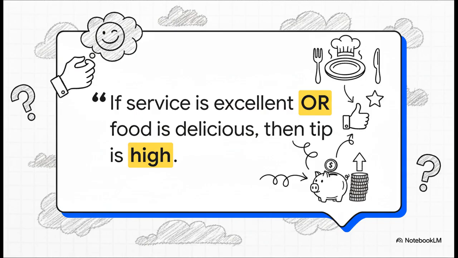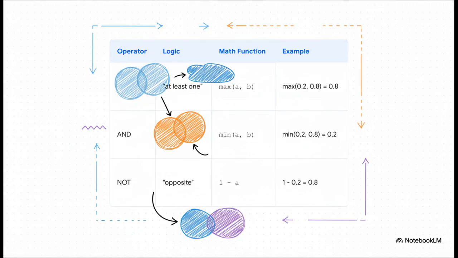It's how we think, right? It's logic we use every single day. And this is the really clever bit. The system takes those words we understand, "or" and "and," and translates them into super simple math. For "or," it just takes the maximum of the two values. For "and," it takes the minimum. It's such an elegant little trick for turning our intuition into something the computer can actually calculate.